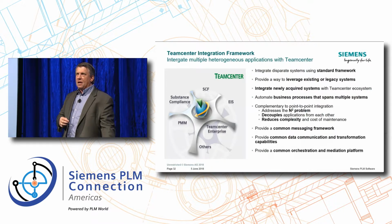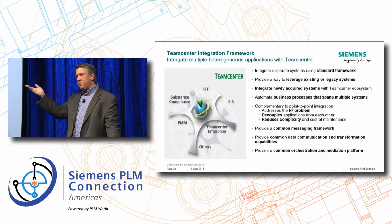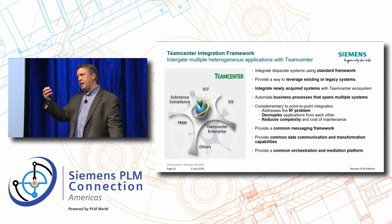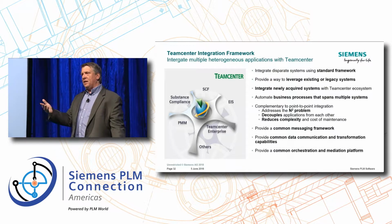This is a way that a lot of people use to tie together legacy systems without replacing them, right? So I've got an older system, it's in place, it gets a job done, but I want to pull that data forward into Teamcenter and now make it a part of my overall data flow and business process. So I can leave that data there and I can pull it in as I need it. Maybe I'm even pulling it in and revising it in Teamcenter. So this is a way that a lot of people will integrate legacy applications and pull that data into Teamcenter